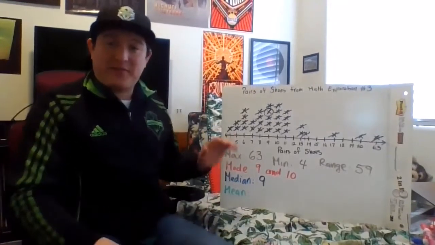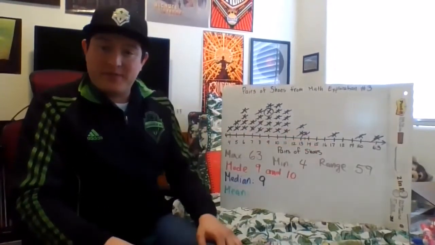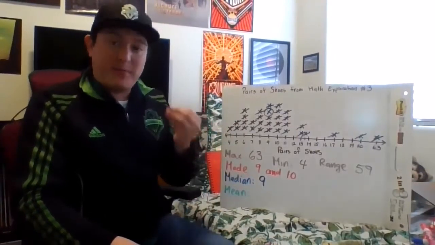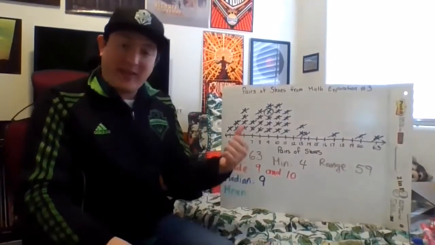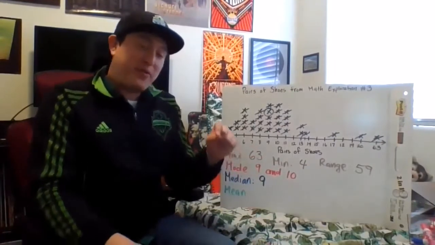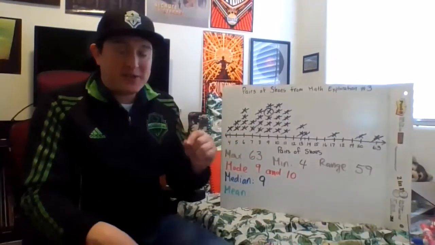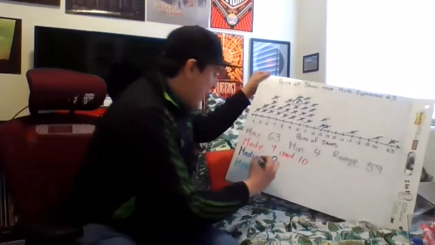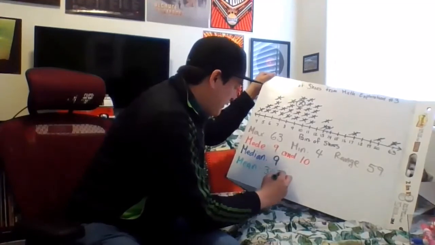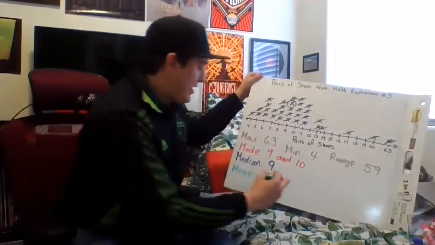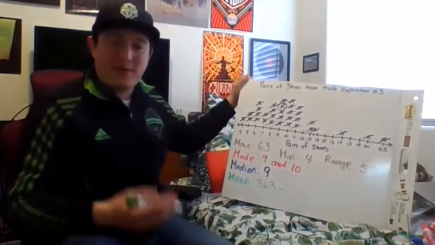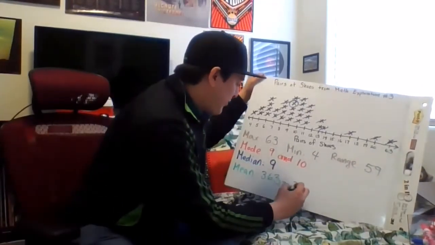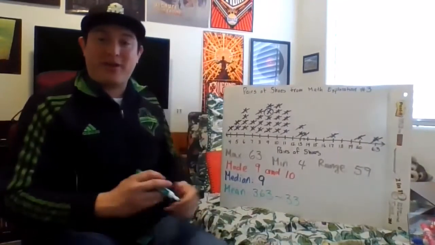So the first thing you have to do is find the total number of pairs of shoes that you had, and then divide that by the number of participants or by the number of data points that you have. Now, we did that in the last episode, so we actually ended up with 362 and a half pairs of shoes, but I'm going to round that up to 363 for today's exploration. So I have 363 pairs of shoes divided by the number of participants or the number of data points that I had, which was, in this case, 33. So I'm going to divide 363 divided by 33.